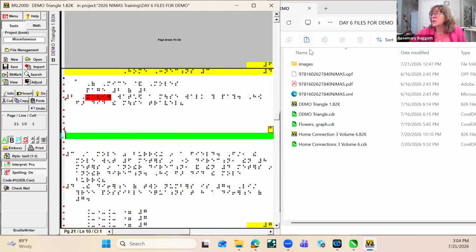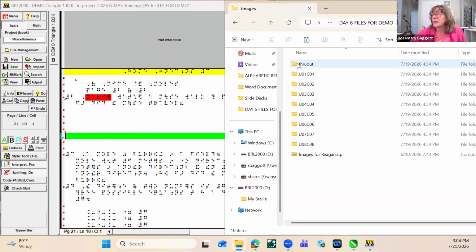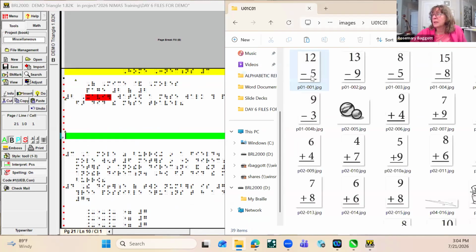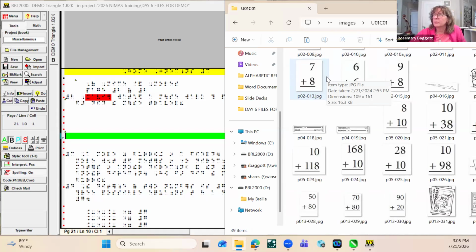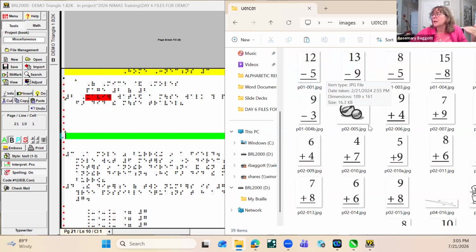And with the NIMAS file, which I have open here, these are the components of the NIMAS file. I'm going to click on the images. Now this is in Unit 1 of the book, so I'm going to go to this collection, Unit 1, click on that, and this shows all the images that appear throughout that unit. We talked about this before. A lot of the problems are imported as images, often as math too. This image right here is the one I want, and I know that from the print. I'm looking at print and this is the image that goes on this page. I can click on that,